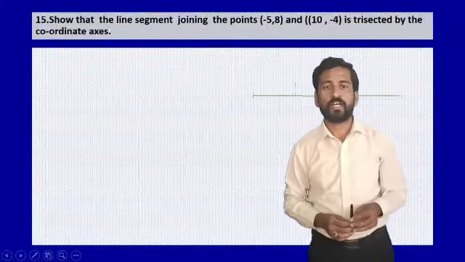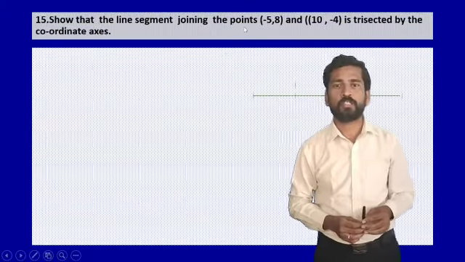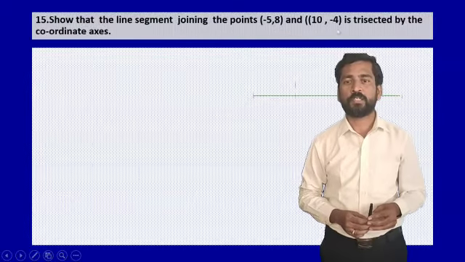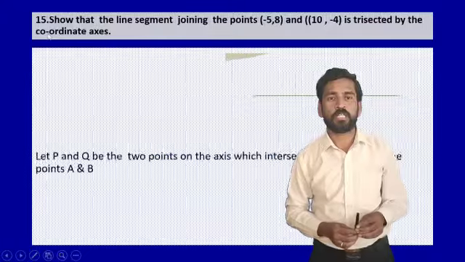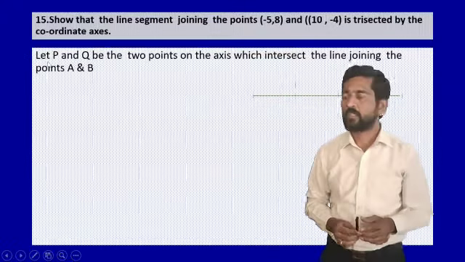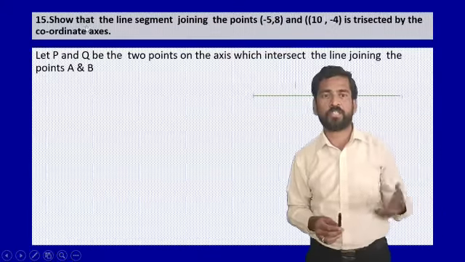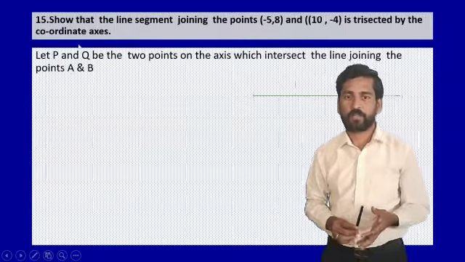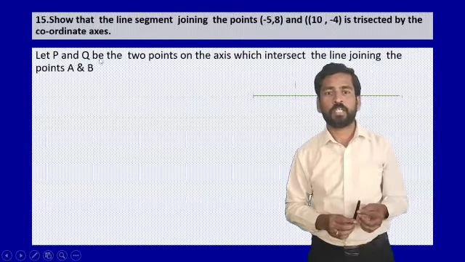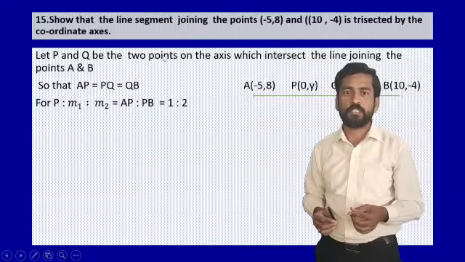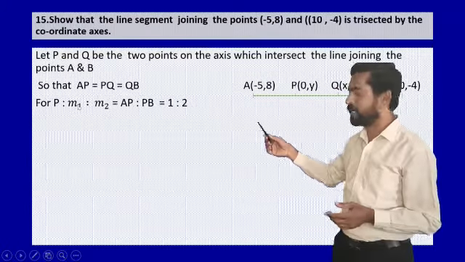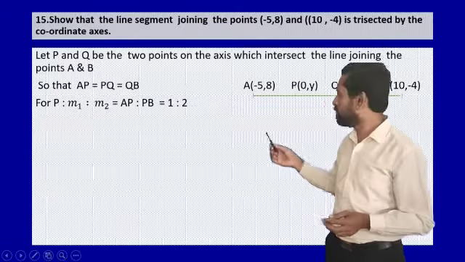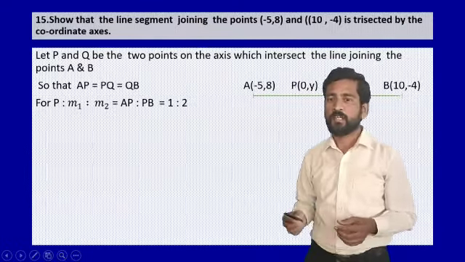15. Show that the line segment joining the points (-5, 8) and (10, -4) is trisected by the coordinate axes. We have to prove that the points of trisection are nothing but on the coordinate axes. So let us consider P and Q to be the two points on the axes which intersect the line joining A and B. You can see in the diagram A point and B point, and P (0, y) and Q as